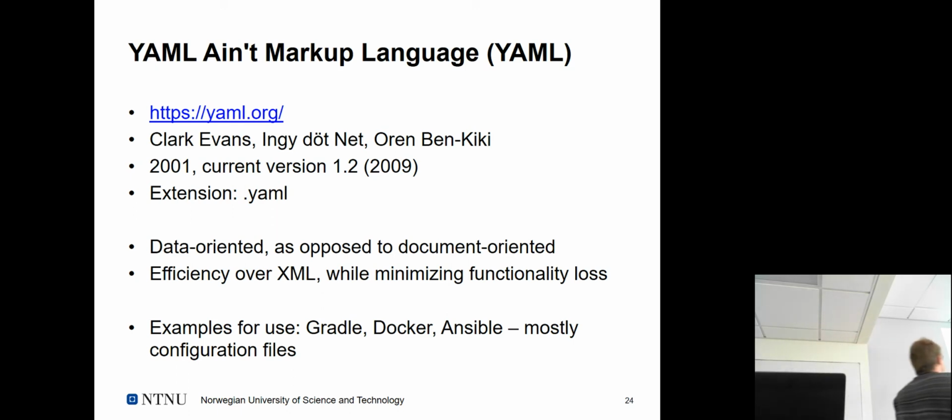And it was originally called, does anyone know what it originally was called in expanded version? YAML? Why did they use this acronym? It's not anymore, but it was. Kind of reflects a bit of irony, but also the fact that they're a newcomer to the game. So originally they tagged themselves as yet another markup language. But it became the actual name of it. It's not supposed to be used in that way anymore.